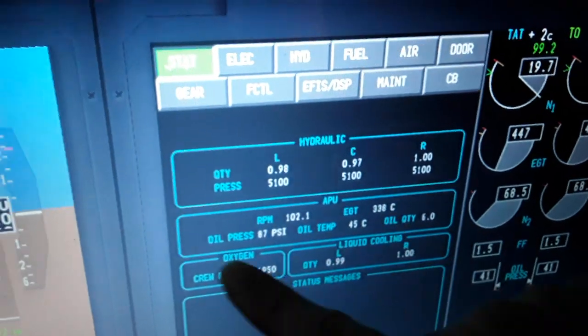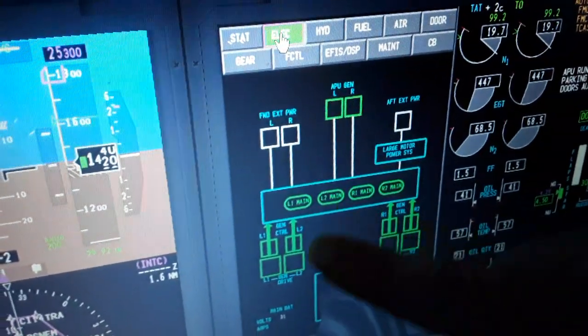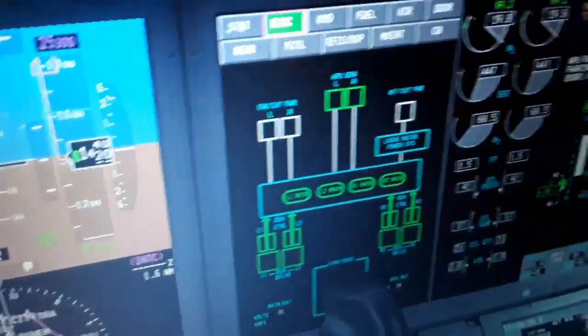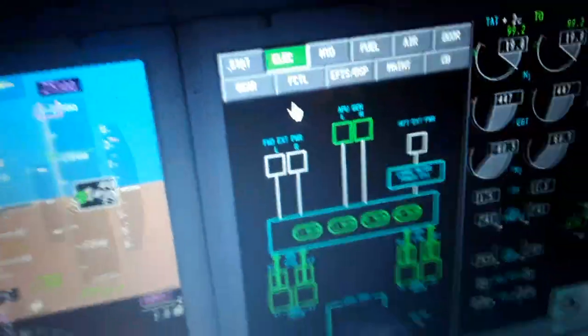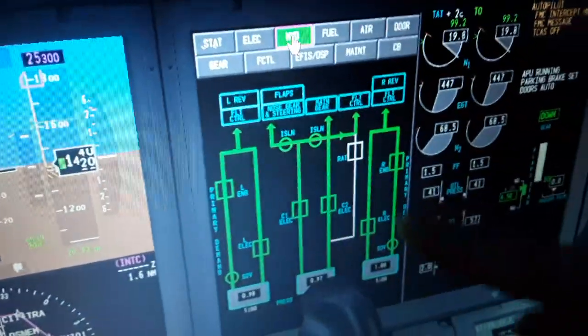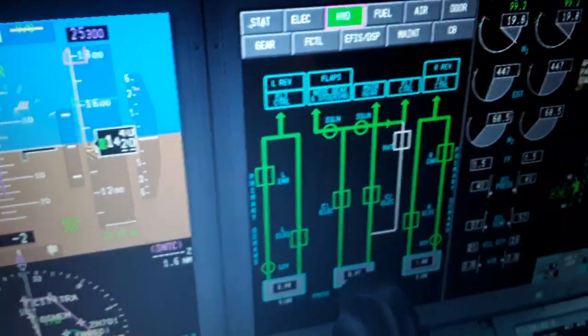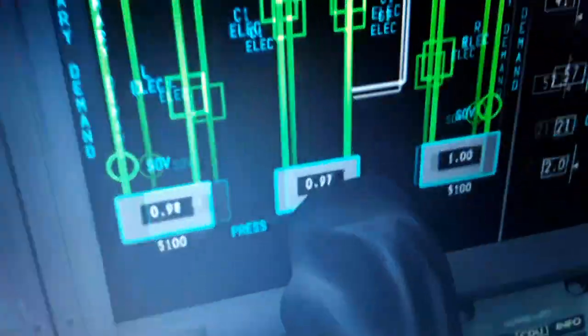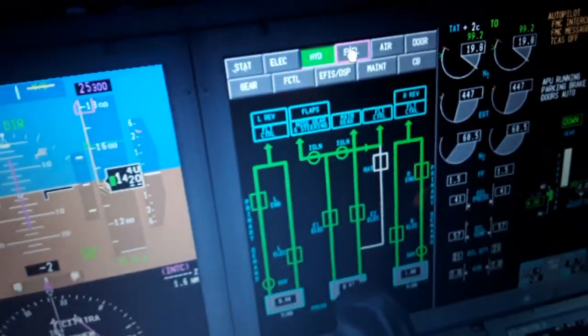so we have the digital format of all the systems: hydraulic, APU running, oxygen, liquid cooling over here, electric. You can see left and right engine drive and IDG, 120 to 100 volts, 400 Hz, APU generators running, load set over here, and the main battery and APU battery, volts and amperage, 31, 38. Hydraulics, left and right engine driven, electric C1, C2, where the hydraulic fluid goes within the system, using how much hydraulic fluid pressure you have here, 5000 psi, left, right, inside the system, how much quantity, shut off valve, fuel, left and right